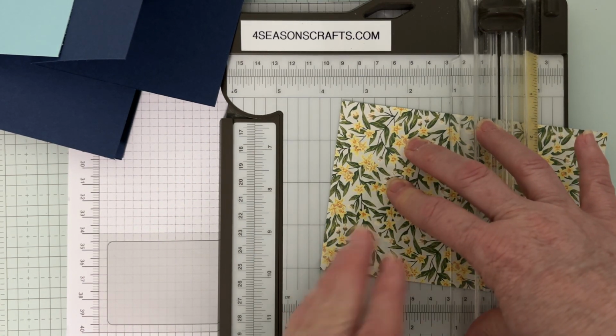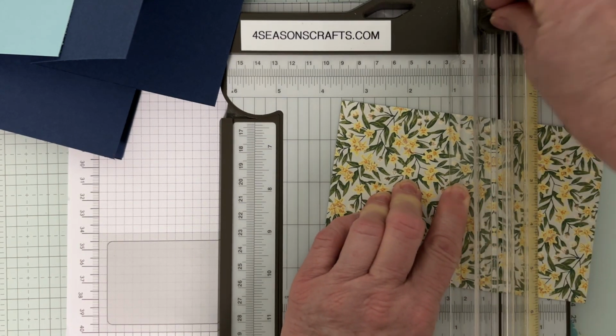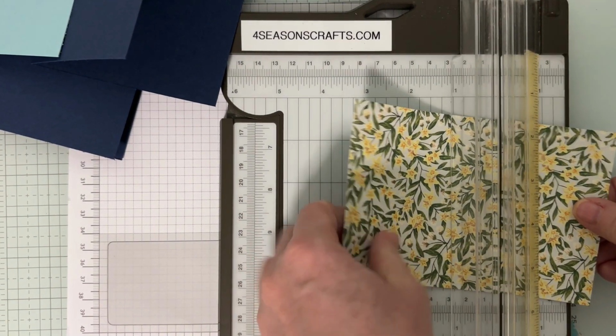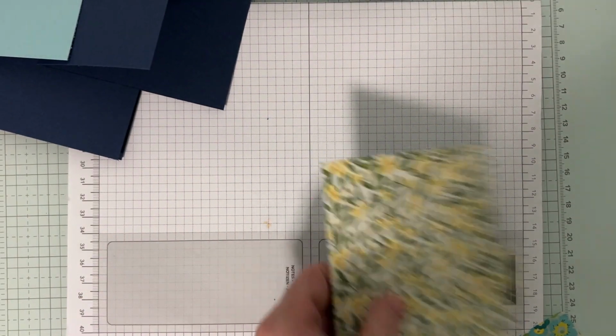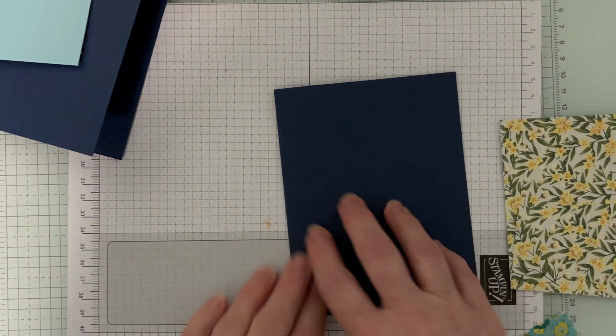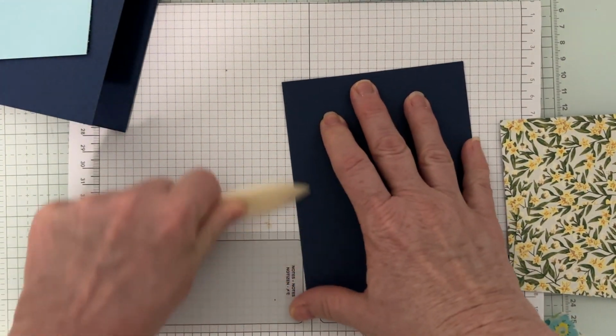Doesn't matter where you even do it on the paper trimmer. All right. Now we're going to hold that down, and we're just going to cut that piece in half. Now remember, our piece is 4 by 6, and that is it. Now what we get to do, we're going to take our bone folder, and let's just take that right down